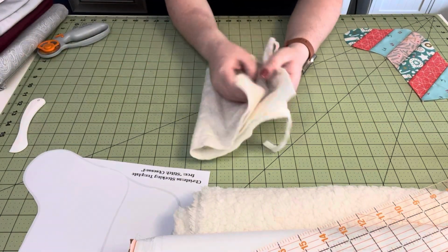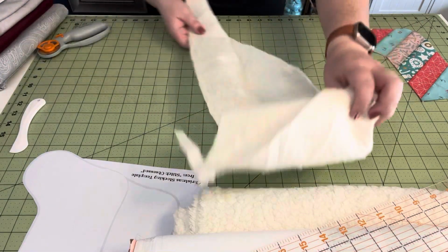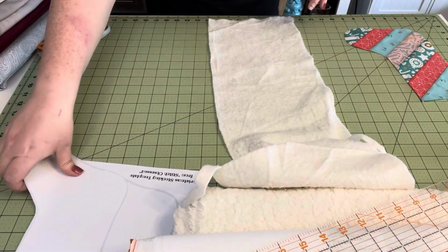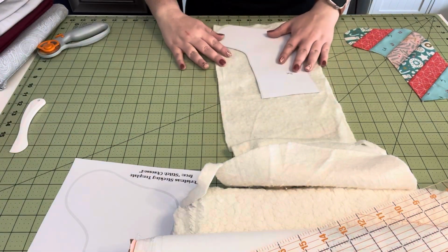Now we're going to grab our batting, and if you want to skip this step, you can, but I just like using batting. So I'm just going to take my batting and I'm going to do the same exact thing